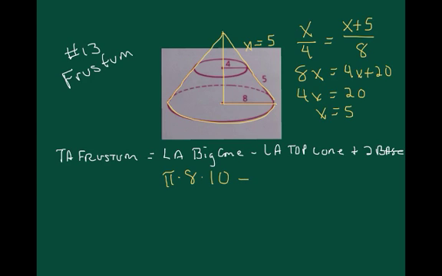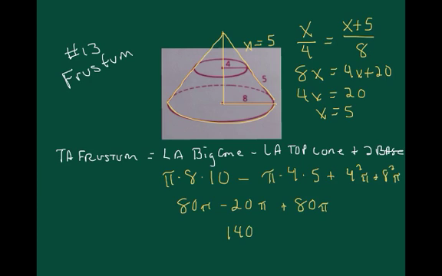Then I'm going to subtract the lateral area of the top cone, which will be pi times r times the slant height of 5. And then I'll add on the two bases, which are just going to be 4 squared pi plus 8 squared pi. So, adding up all these parts gives us 80 pi minus 20 pi. But then we're going to add on another 80 pi for the bases, giving us a total of 140 pi